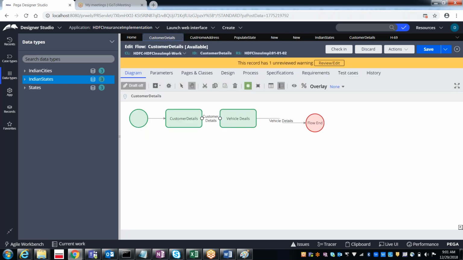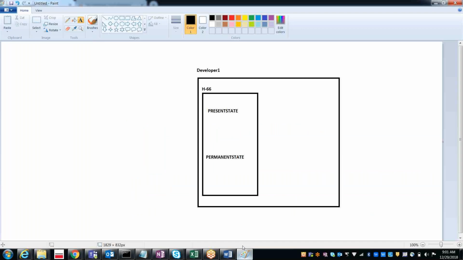So generally what happens is, when you have the drop down 2 times and you call the report definition 2 times, it will hit the server also 2 times. Server in the sense it will go to the data type 2 times, and from the data type it will get the data.